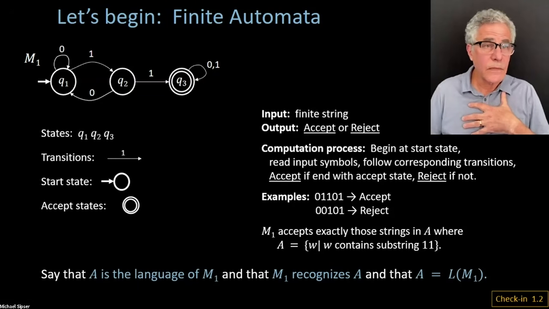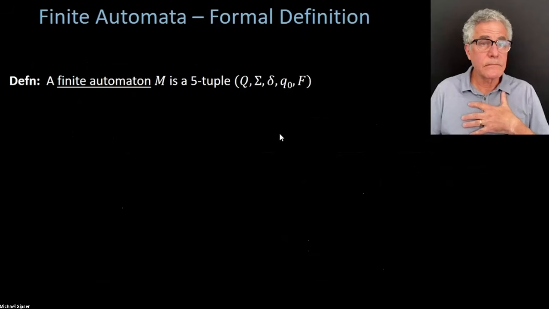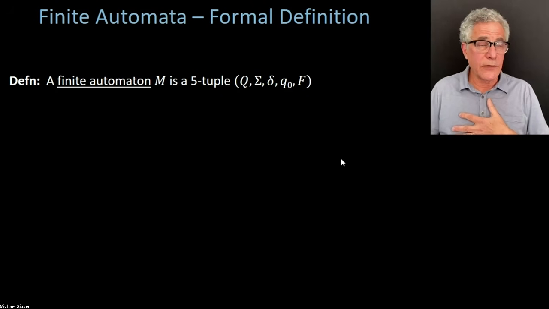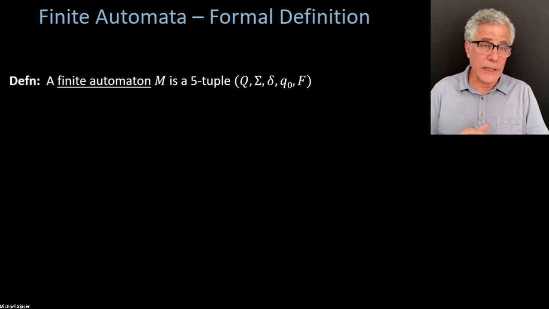Let's keep going. Now we gave it this informal idea of a finite automaton. We're going to have to try to get a formal definition now, which is going to be a more mathematical way of saying the same thing that I just said. The reason for having a formal definition is, for one thing, it allows us to be very precise. Then we'll know exactly what we mean by a finite automaton, and it should answer any questions about what counts and what doesn't count.